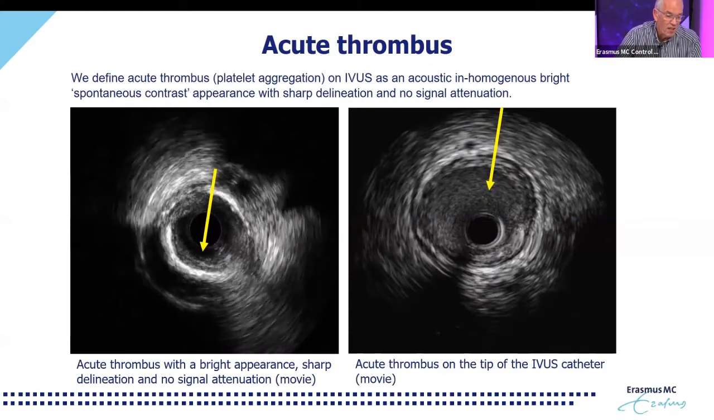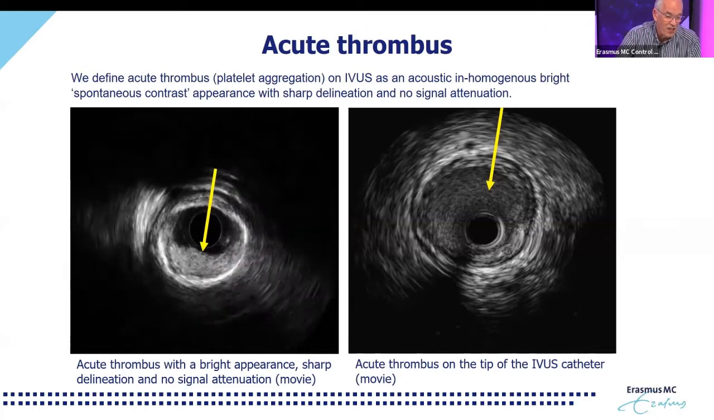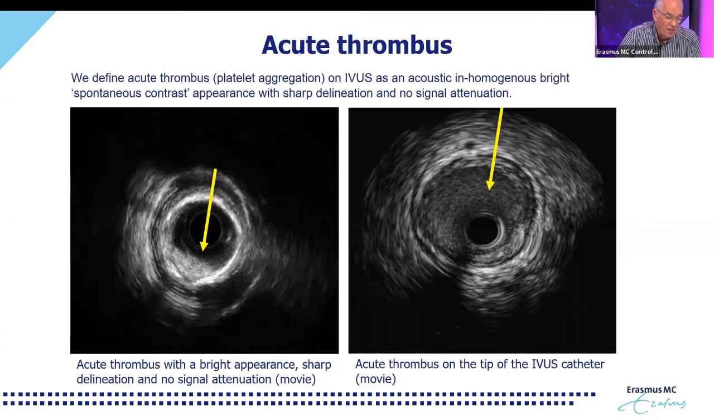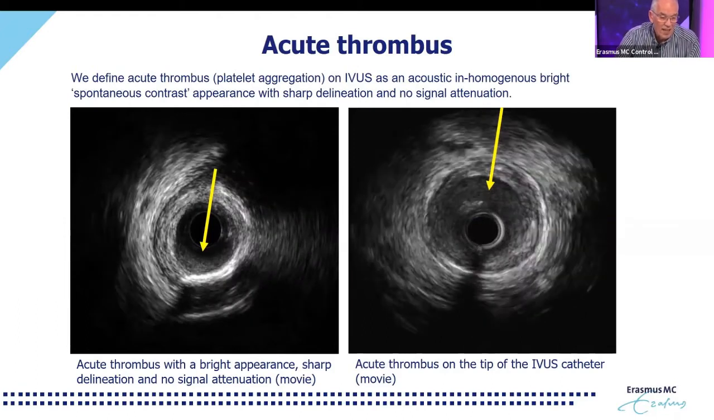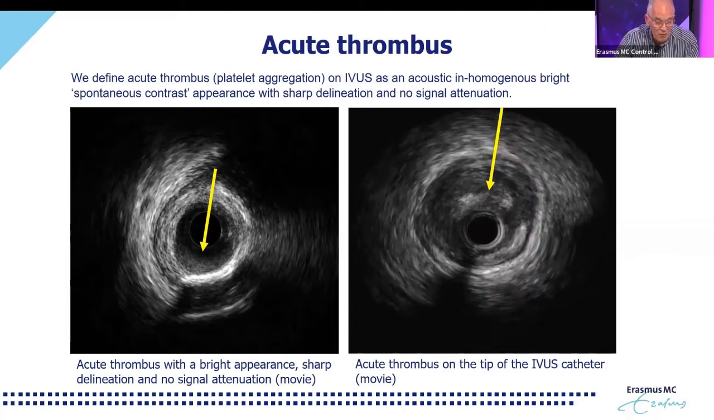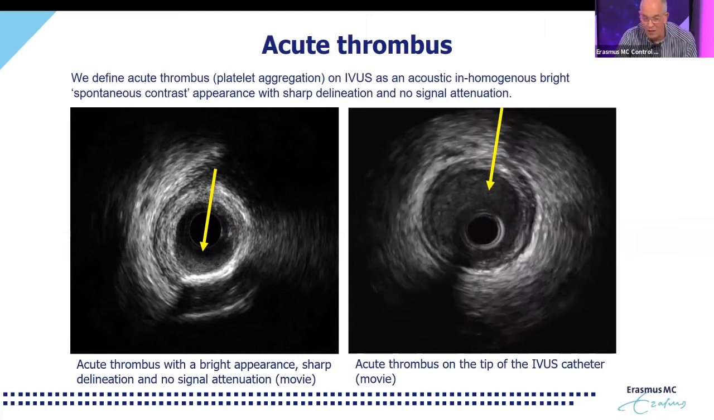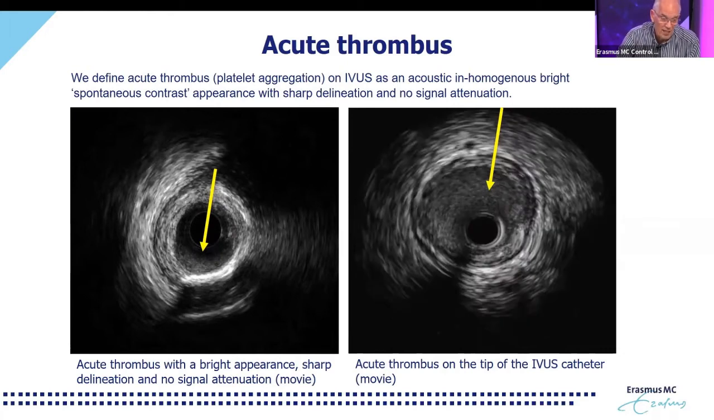Then on the left picture, we see the platelet aggregation at 6 o'clock. You see the bright, even moving part in there, and it's only part of the lumen. And then on the right side, we see platelet aggregation attached to the IVUS catheter. Well, that's a sign that something is wrong with your heparinization or platelet aggregation